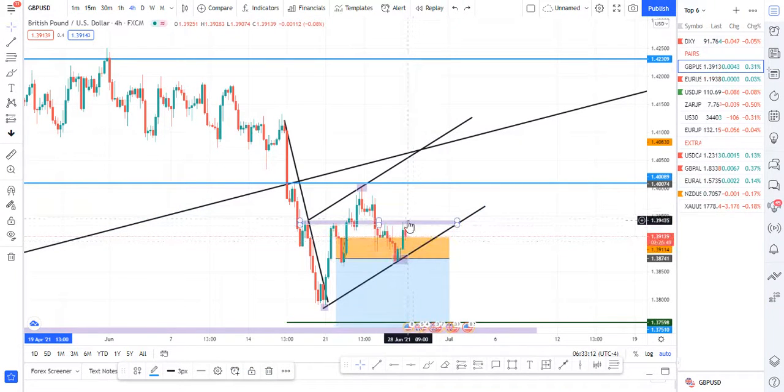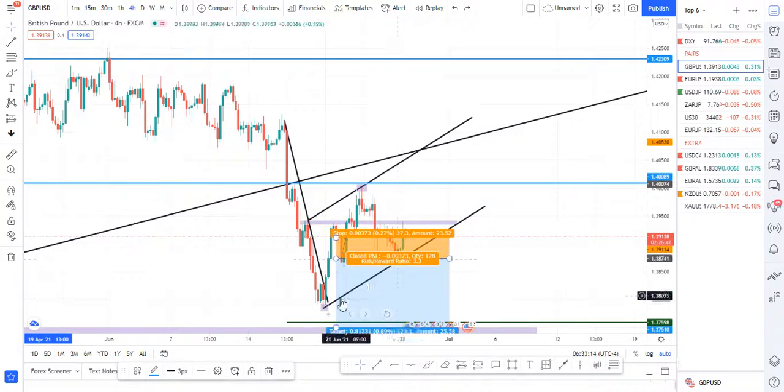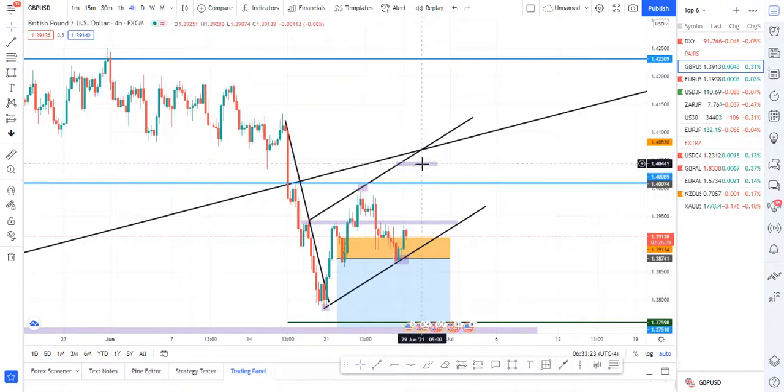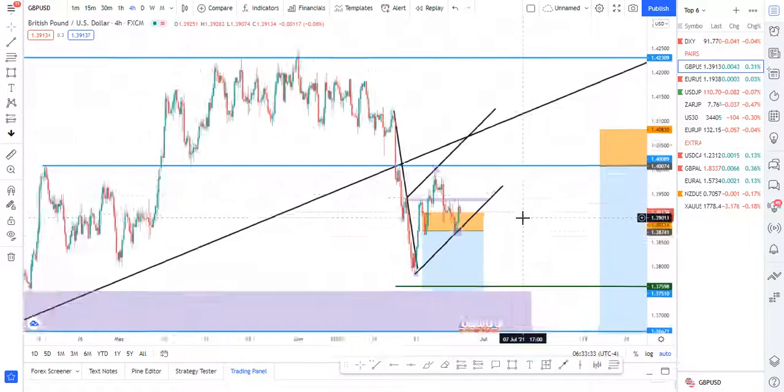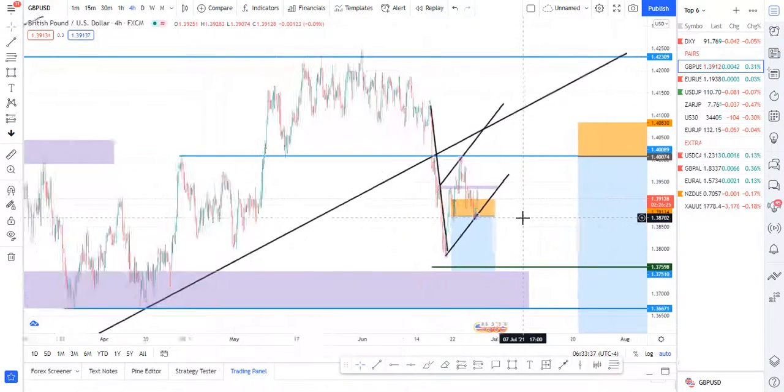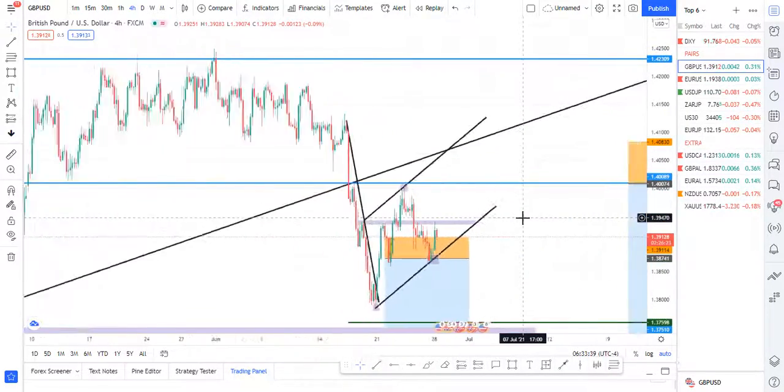You understand? But then because it had a 2nd touch on the support, we're trying to look for a 3rd touch here again, a 3rd touch. It would even be greater if you probably have it here, because if it does come here and it rejects, it will definitely be confirming to us that, yeah, it is a correction and it wants to go to the downside, right? But because I'm so set on it going to the downside based on my reasons, I'm waiting for